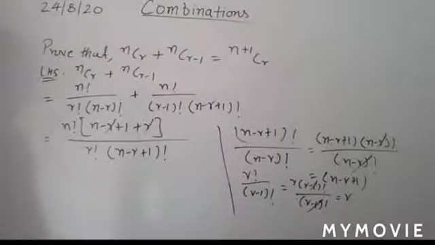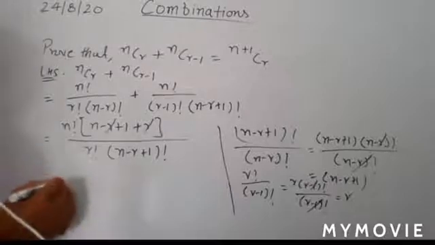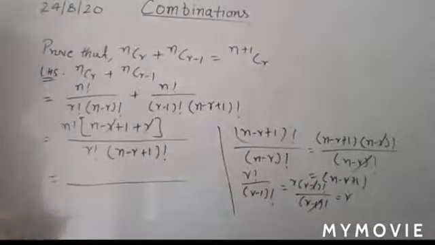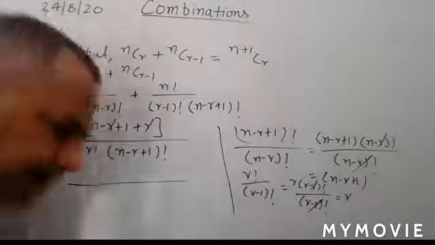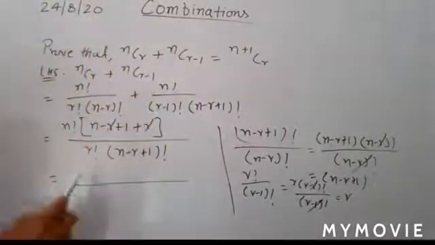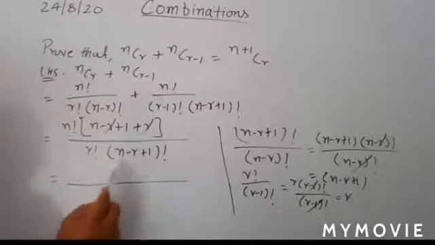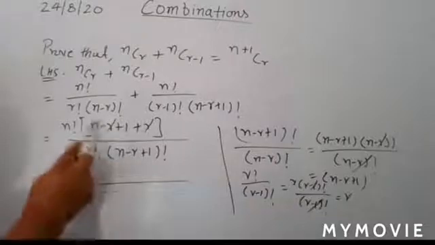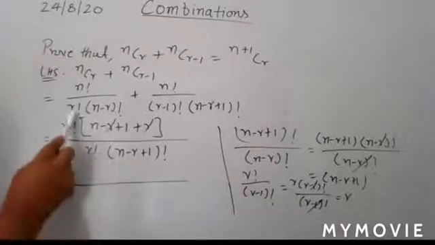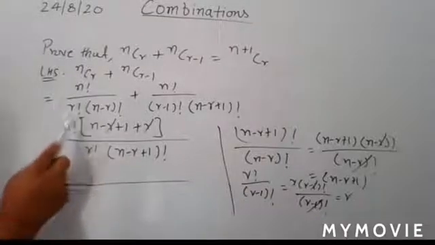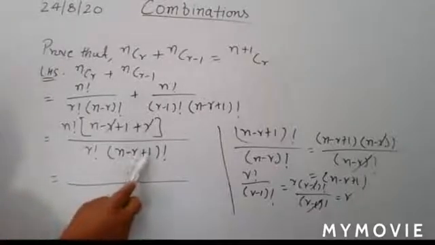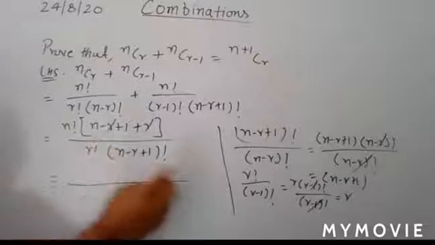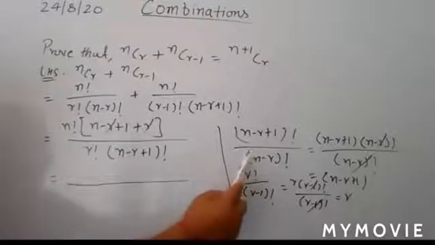Any doubt, beta? Is there no problem up to here? No, just after the LCM. No, sir. After the LCM you are having a problem, okay? Okay, just see here. Here you are taking LCM r factorial into (n minus r plus 1) factorial. Now here you divide it by this numerator part. So if you divide here, r factorial is cancelled. You have (n minus r plus 1) factorial divided by (n minus r) factorial. So just solve it in rough.